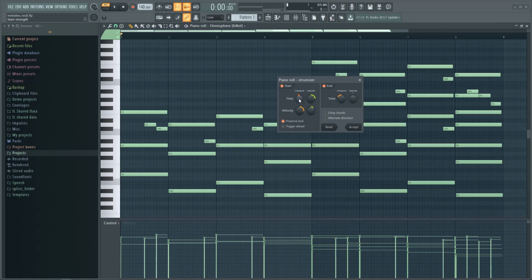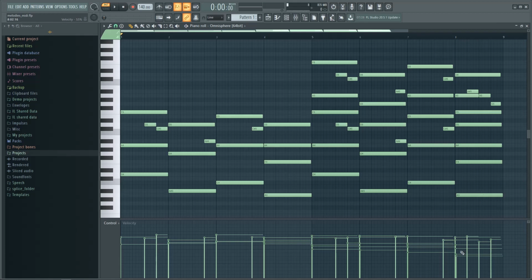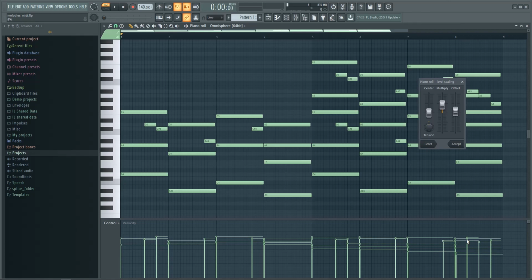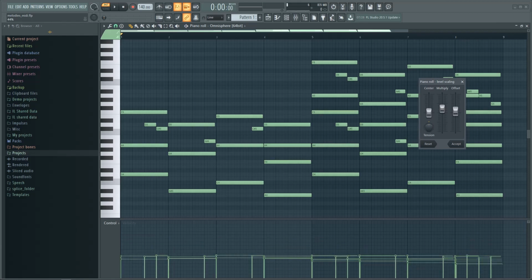The masterpieces are in the details, so we accept that. Okay. And then lastly, I don't like when you have a lot of notes stacked on top of each other, like in the last 4 bars of the 8-bar progression. I don't like how spread out these velocities get. So what I'll do is I'll press Alt X. This brings up the level scaling, right? And you can tighten them up. See how that's kind of tightening them up,